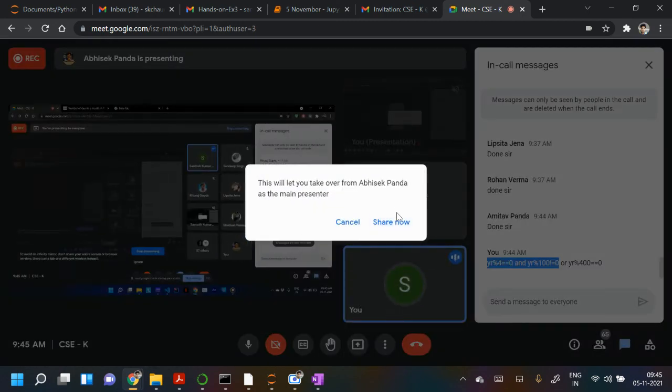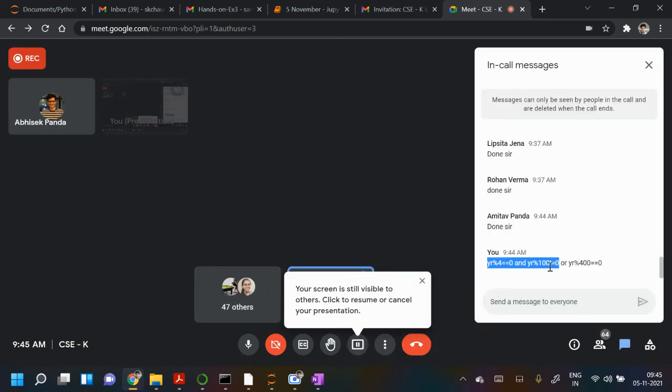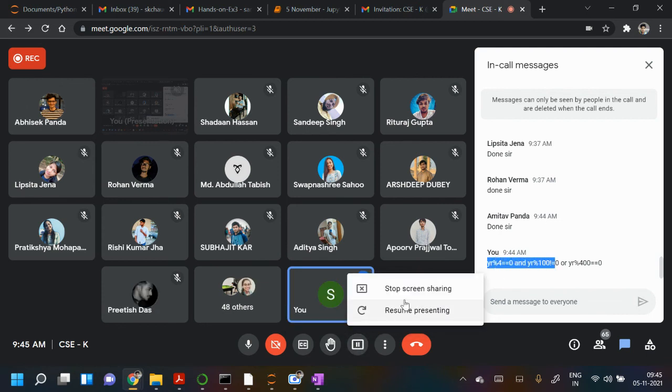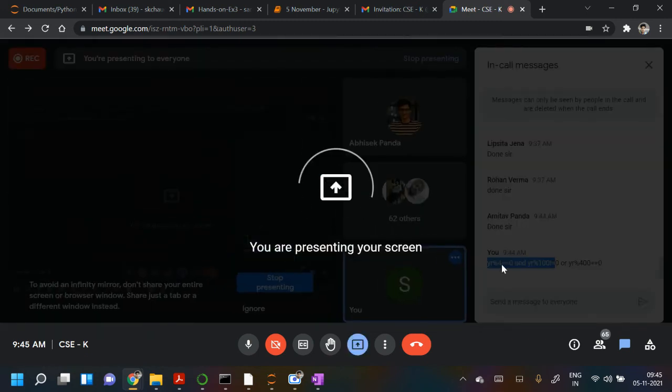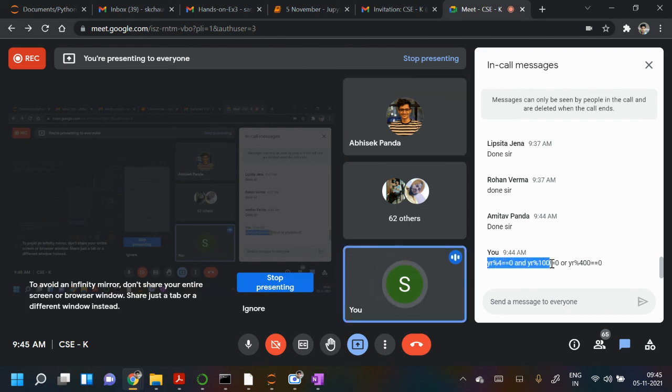You can stop sharing and first execute it. There are only two conditions, not three. The first two conditions are actually together. It means if it is a multiple of 4 but not a multiple of 100, then it is a leap year. The other condition is if it is a multiple of 400, then it is a leap year. No problem, you modify it. Coding you will learn the same way: you make mistakes and you learn, make mistakes and learn, and keep doing that.